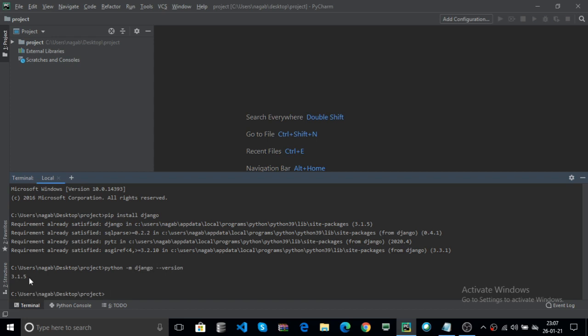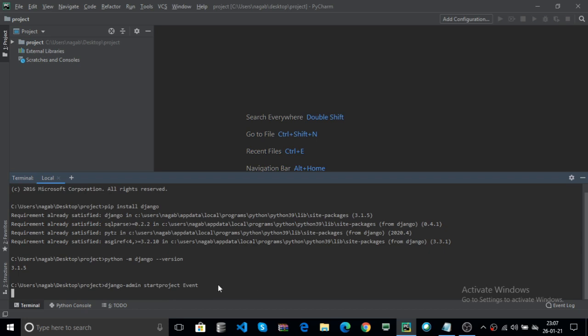The currently used Django version is 3.1.5. Now create a Django project using django-admin startproject. For example, I create a project named event and hit enter.